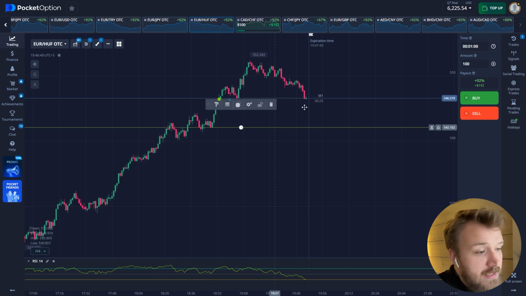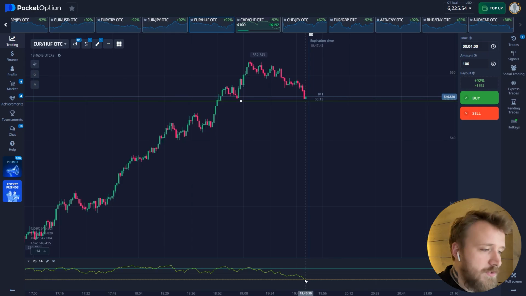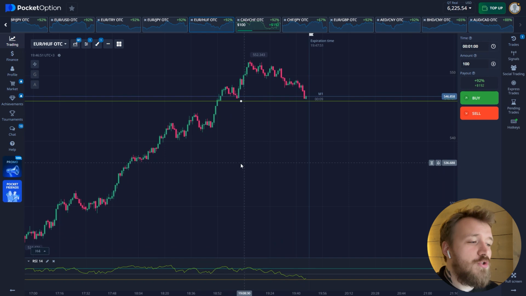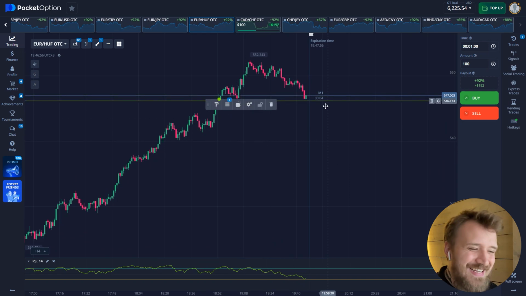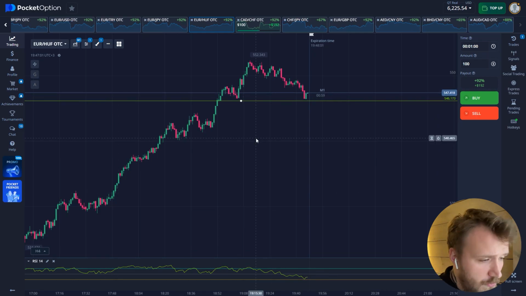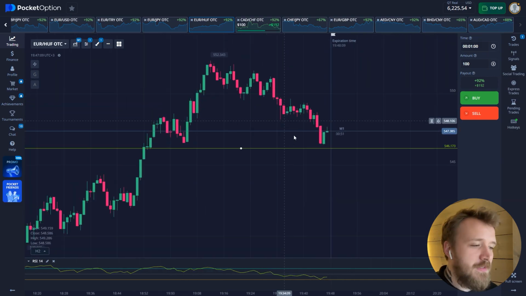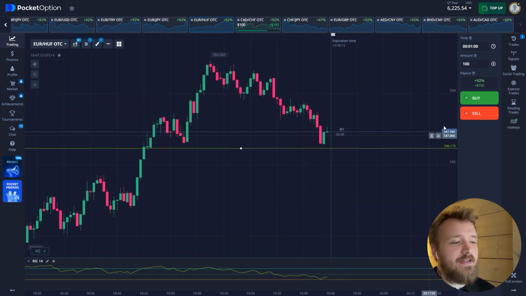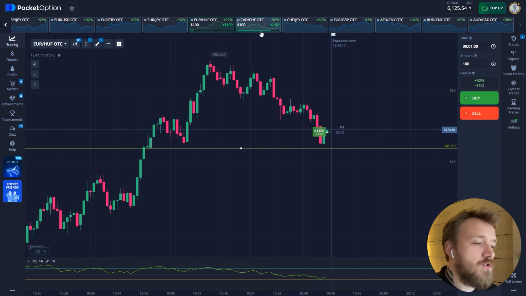Euro. Here we have a support zone. Look at the RSI, the 30 mark has been reached, but the price is at a maximum. So what do you do when the price is at a maximum, but you see a level? Naturally, the RSI doesn't show you when the price is at a true minimum. So the price is currently in a correction and has reached an intermediate level. And from this level, we already had an impulse. And based on that impulse, we'll open a position for a reversal from the support zone and wait for the